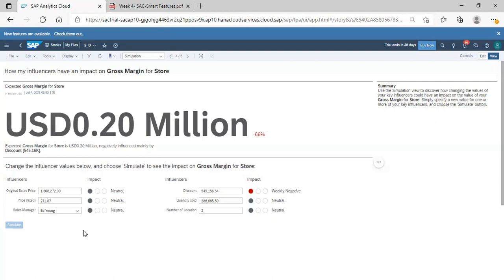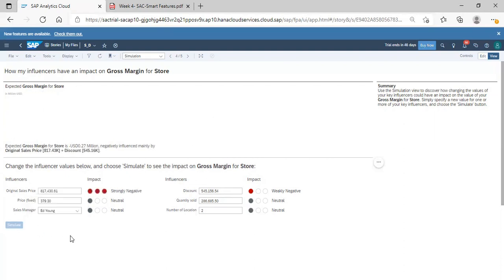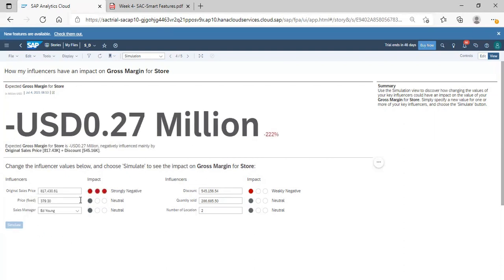Once you do the simulation for any particular value for the sales manager, for price, for this one, if I increase this price from 9, nothing will change, but the impact will still be weak. If I do it here, my total sales values will decrease into negative points.